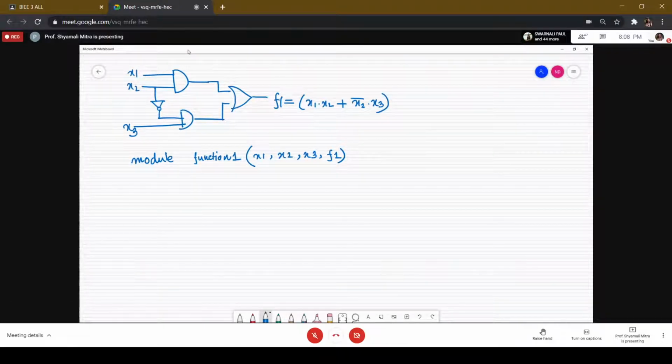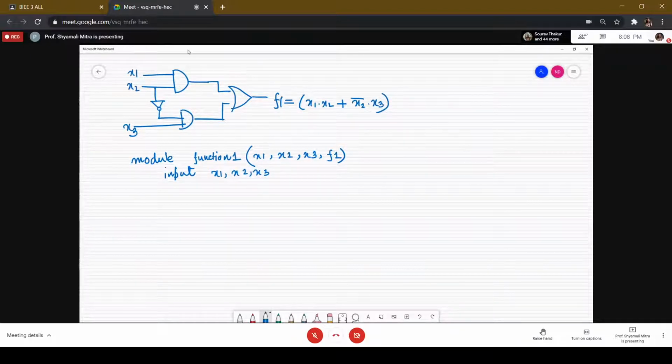Till now, we actually don't know which are the output ports and the input ports. In the next 2 statements, we are precisely telling which are the input ports and which one is the output port. So we will write the term input. And the input signals are X1, X2, X3.